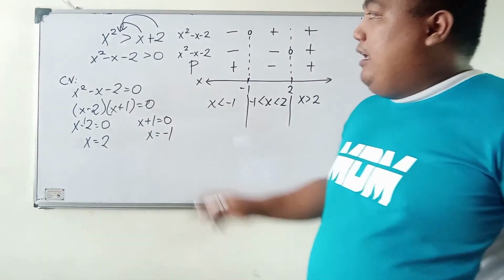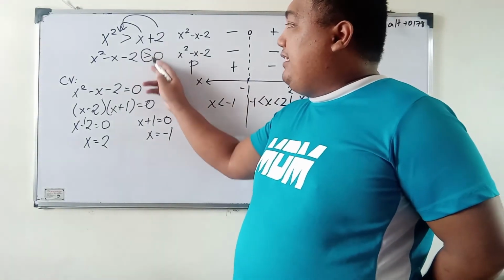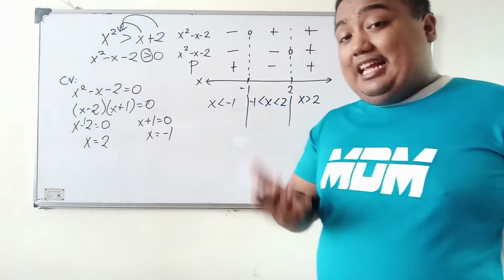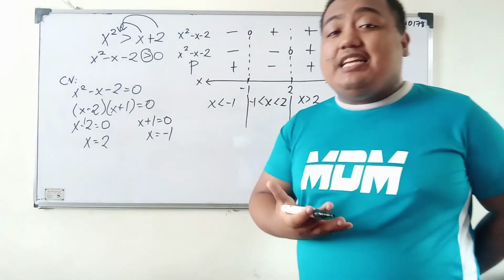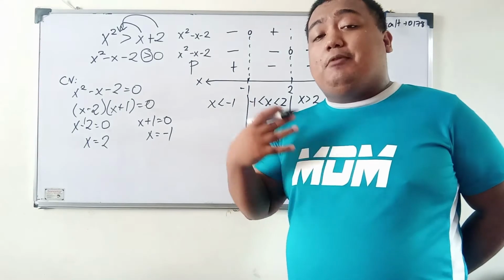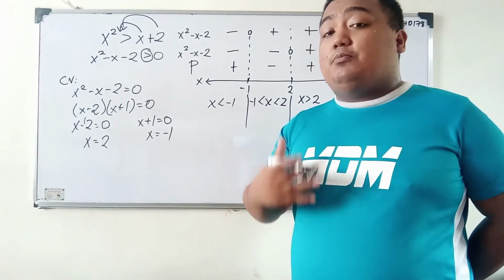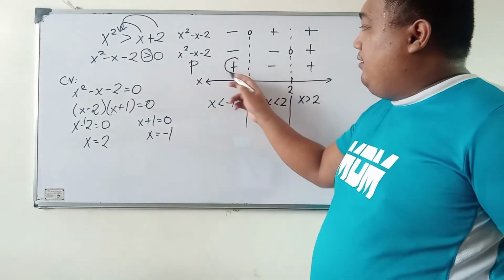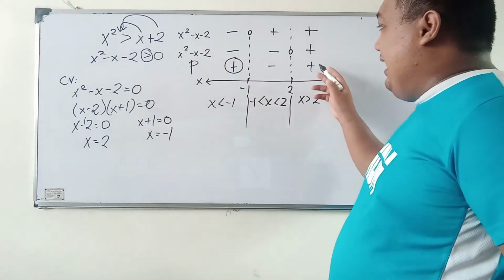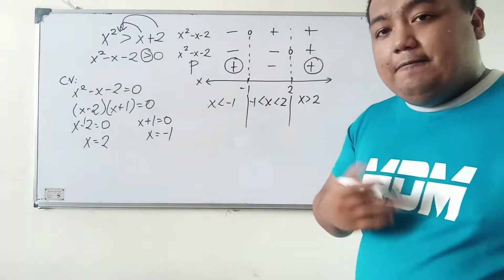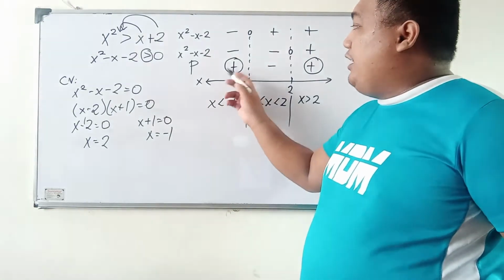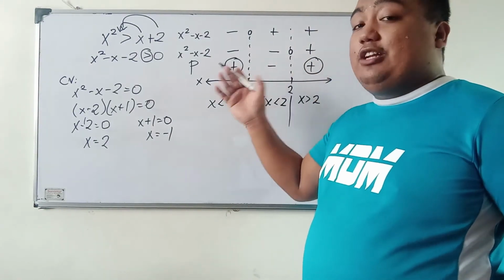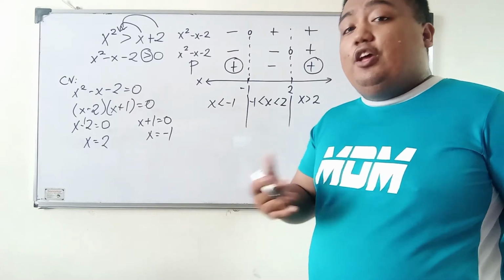So now, our inequality symbol is greater than. So kapag greater than 0, di ba? When we are talking about greater than 0, it's more on the positive values. So it means, ang sagot natin, dun sa P dapat na titingnan, is the positive values. So kung anong region siya nag-positive, or kung anong region yung hinahanap natin na positive, yun yung ating